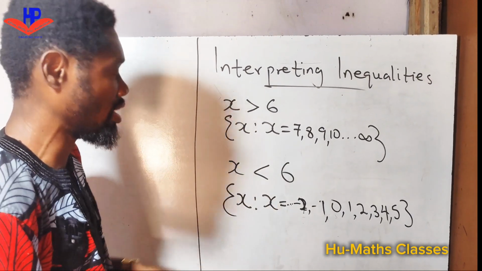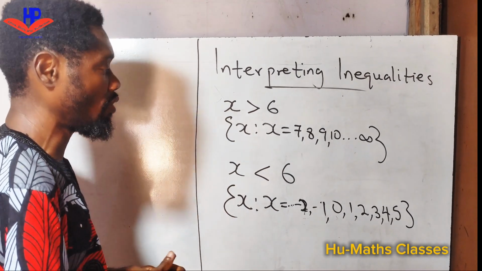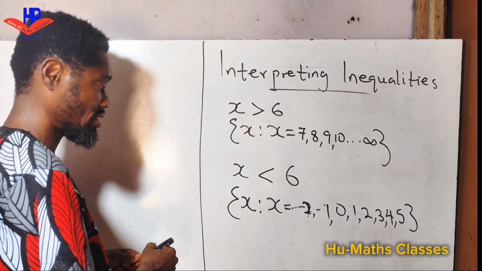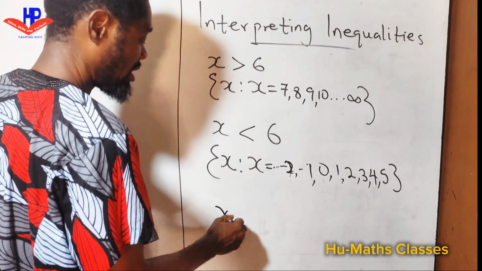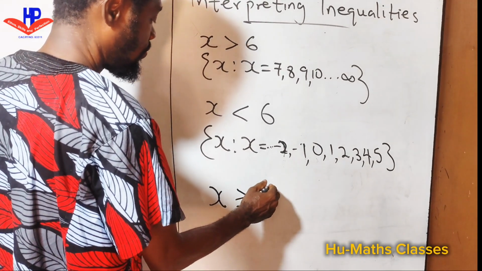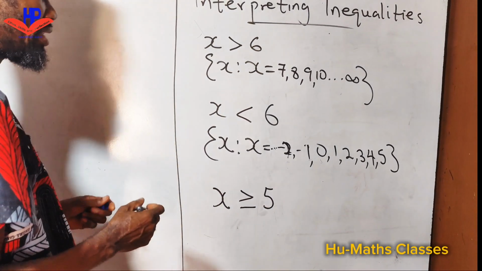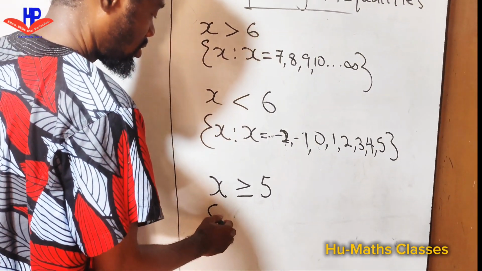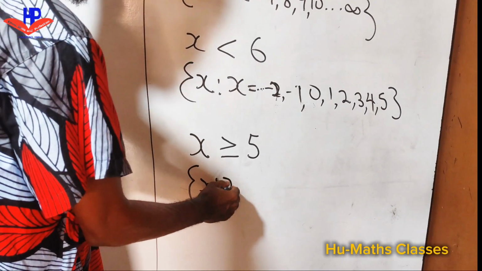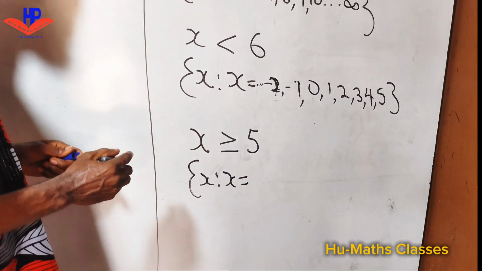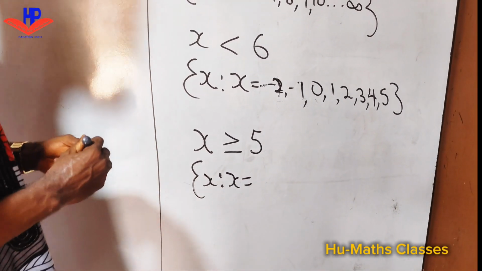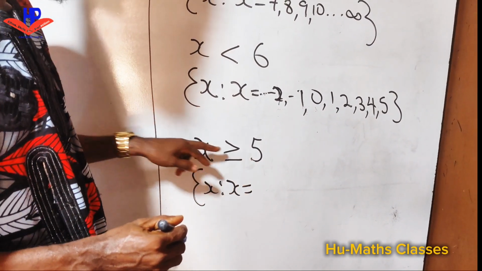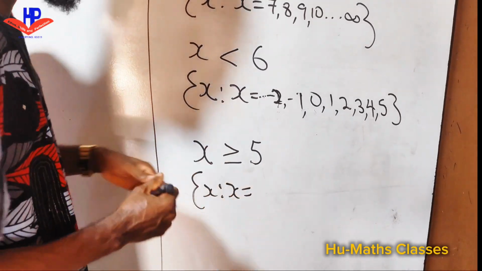So for you to interpret inequalities, you should be able to know the set of numbers you'll be having in the given inequality that you're dealing with. Let's see, x is greater than or equal to 5. This inequality will give us a set of numbers for which x will be equal to numbers greater than 5, but it will start from 5, because x is greater than or equal to 5. So I will start from 5,